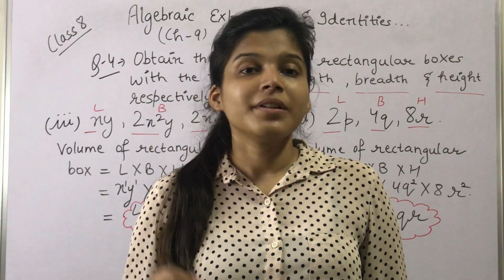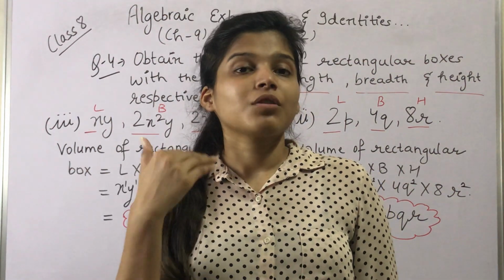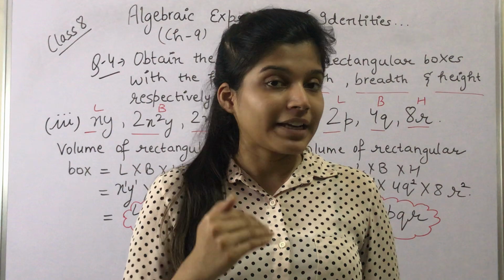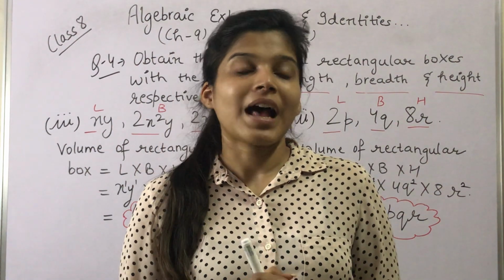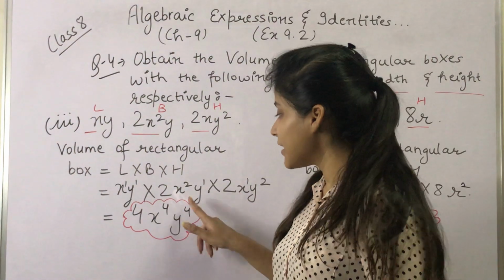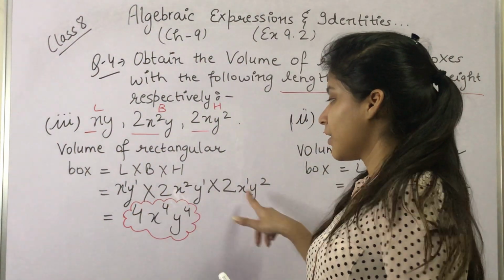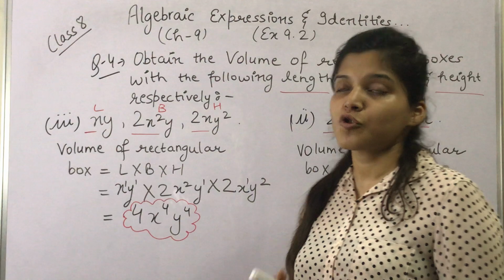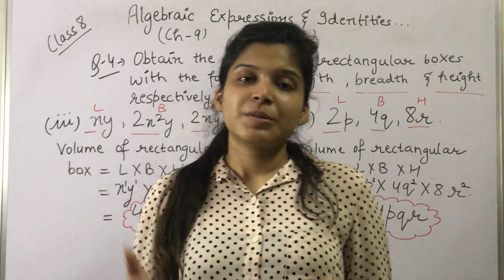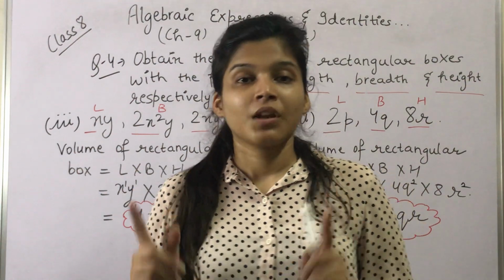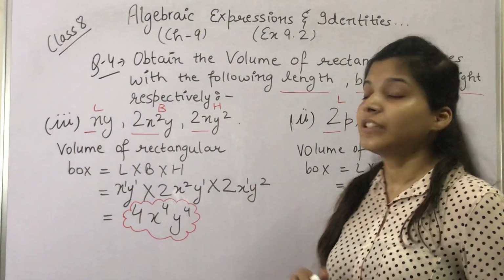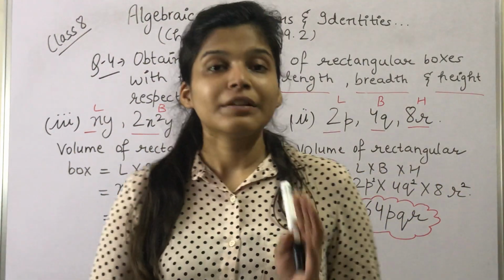Okay, and also children, addition and subtraction में तो we have to keep like terms under like terms, but in multiplication we can multiply unlike terms as well. हम कर ही रहे हैं ना multiply, ये सब unlike terms हैं. ठीक है, so हम इनको multiply कर ही रहे हैं. So multiplication can be between unlike terms as well, but addition and subtraction cannot be. Okay, so this was our third part. Now let's come to the fourth part.